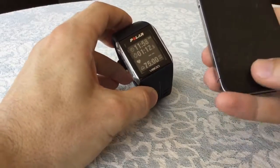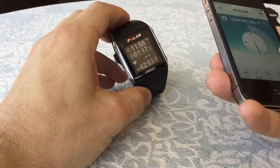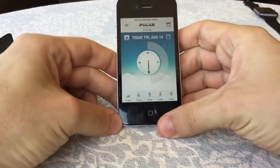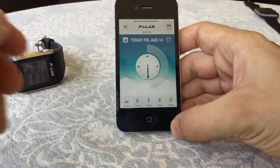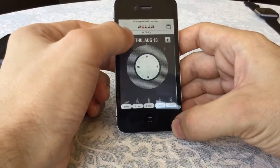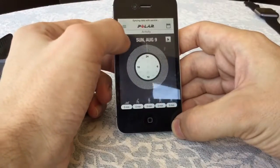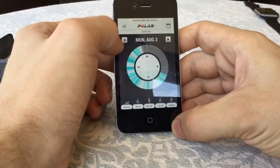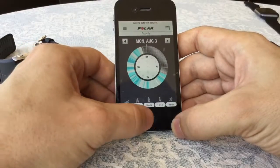So I will now change to my iPhone and show you how the app looks. I hope you see this well. It's syncing data and service. As you can see, my activity today was not very big and I haven't used the watch for a while. So if we go back and see a day that I was very active, you see sitting 7 hours, 5